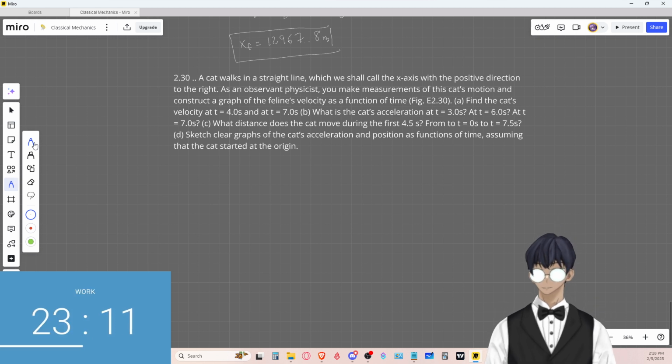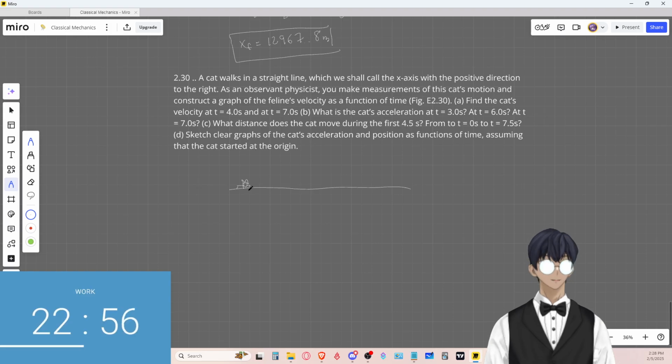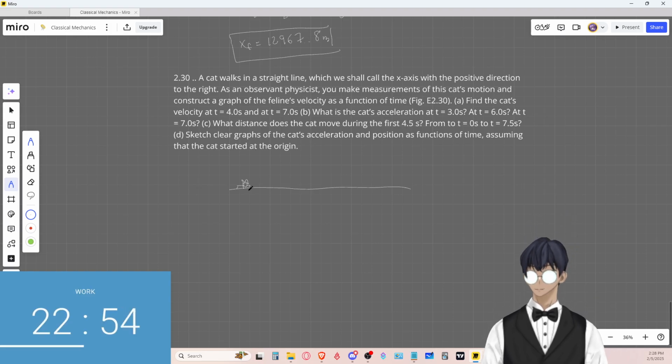Alright, so let's draw a little kitty cat. Make it a little fun. Then we'll draw a straight line here. Put a little... oh, you can barely see the whiskers. Of course, I drew the cat very, very tiny, and a little tail. We'll just put a little tail there. Anyway,